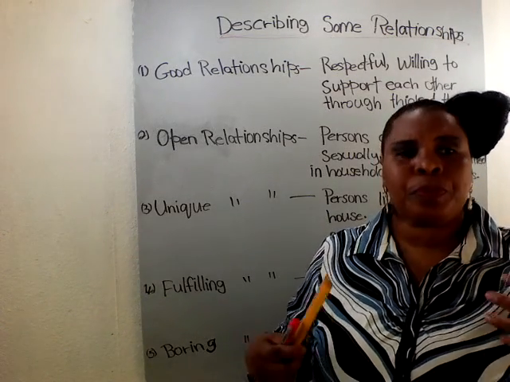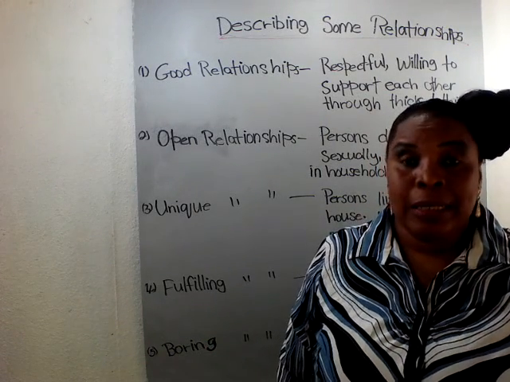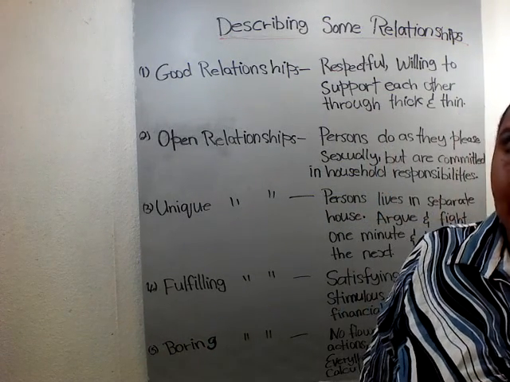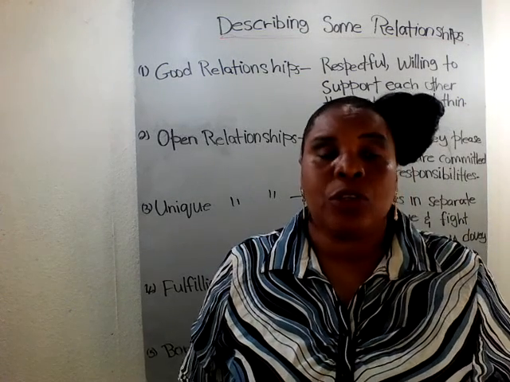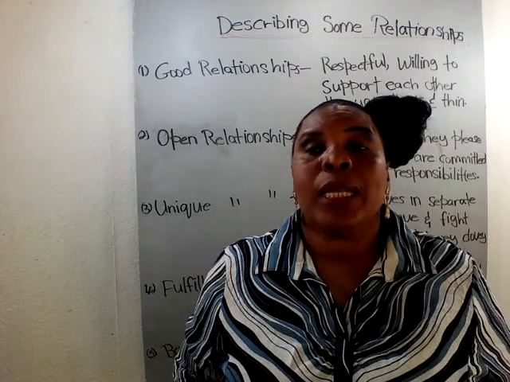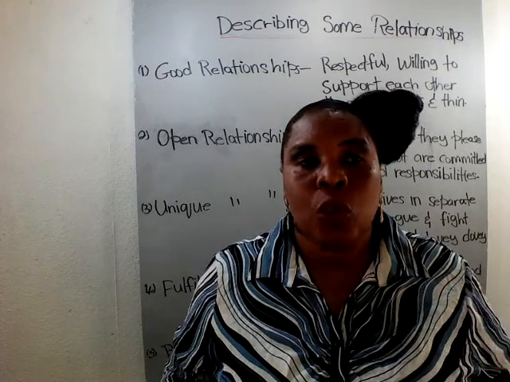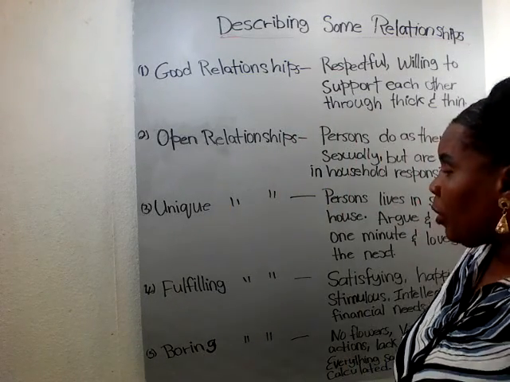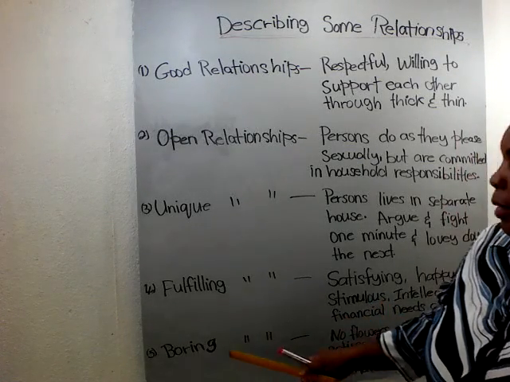So when the relationship is fulfilling, she's not afraid to say something to him, or he's not afraid to say something to her. They can communicate effectively or make their clarifications known to each other. Alright, so that's number 4. Number 5,